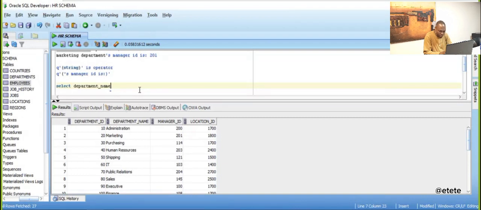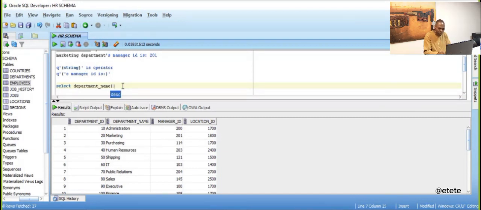Then what will I do next? I'm going to bring in another tool too, because I want a tool that is going to join this column to the string literals that I have. So I will say select department name. Then I will put what? My